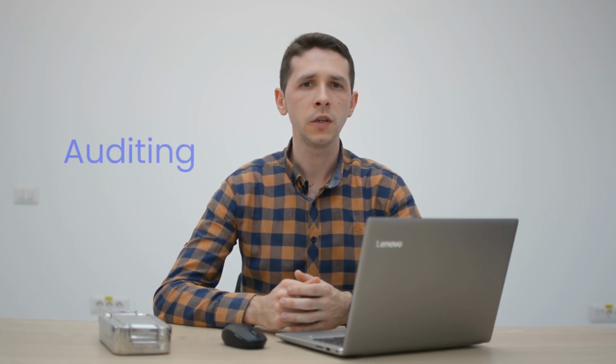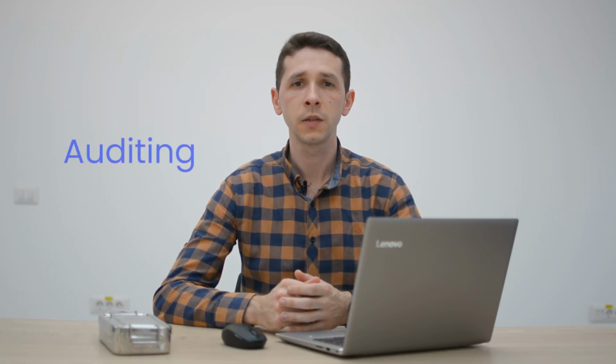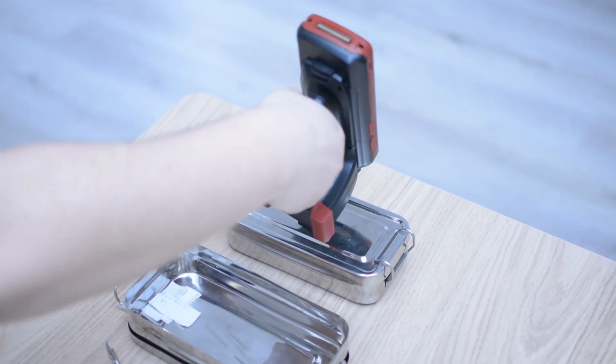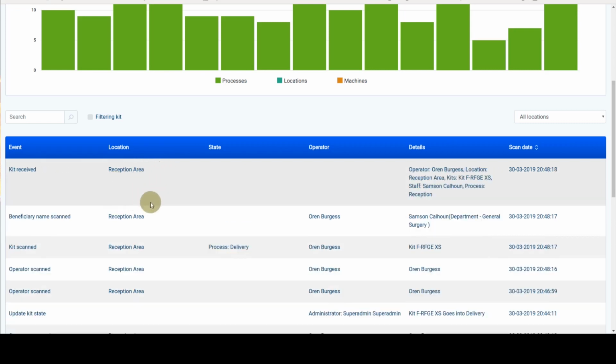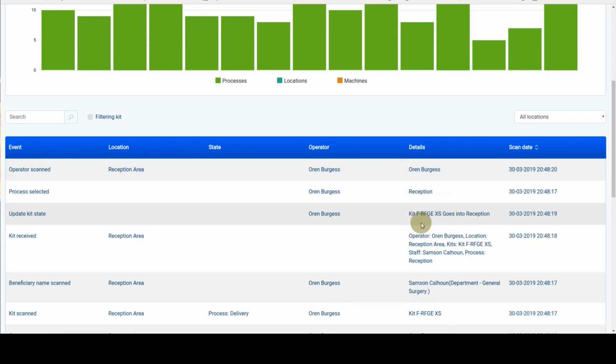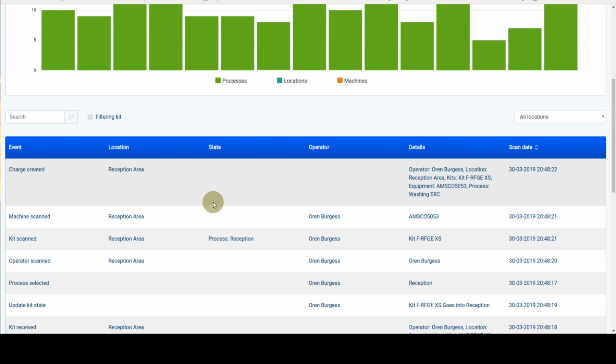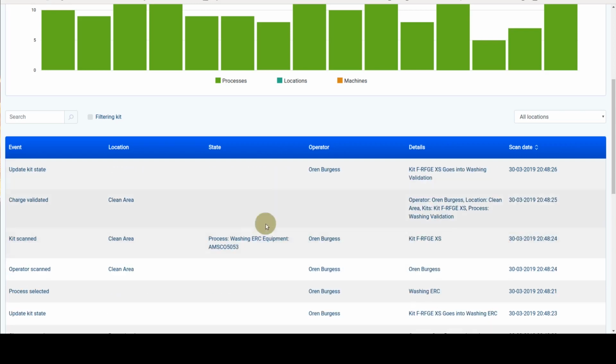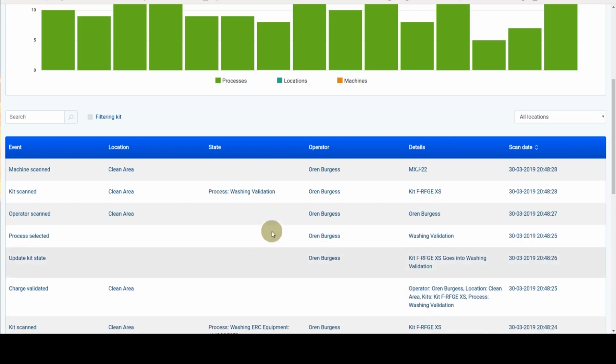Auditing all the sterilization activities. SterilTrack allows operators and administrators to easily record all the activities: who, what, when, where, and which kit, instrument or device moved from one area to another in the sterilization facility and which processes it has gone through. The activity can be viewed in real time on the dashboard